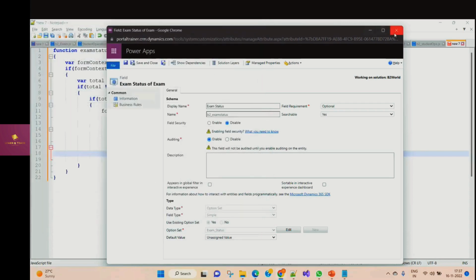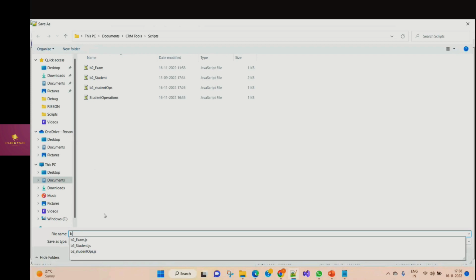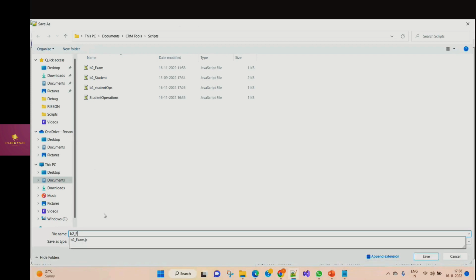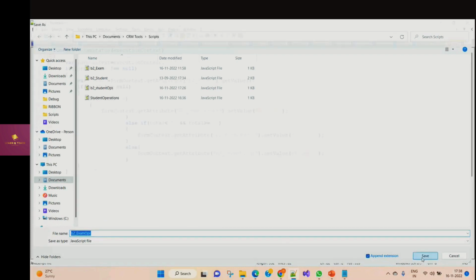Zero, zero, zero. Get 0. That's it. Okay, I'm saving the file. Exam OPs. Save file